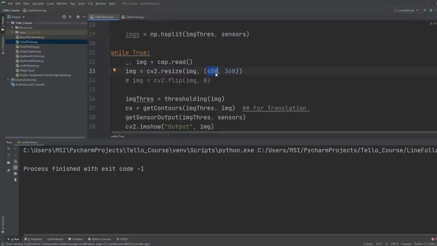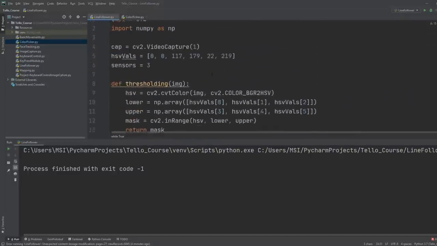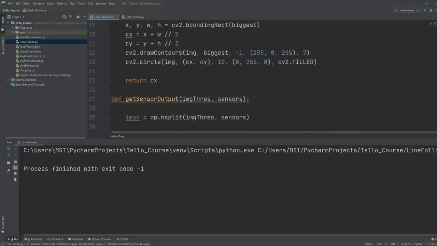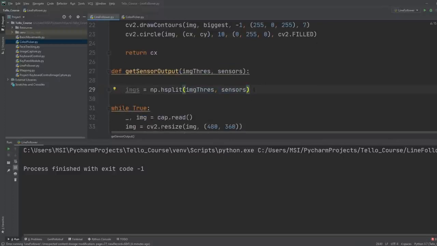If it's not divisible by 3, it will not be able to split it into equal portions. So you have to make sure of that. 480 is divisible, so it should not be a problem. To check if it's working, we can print out